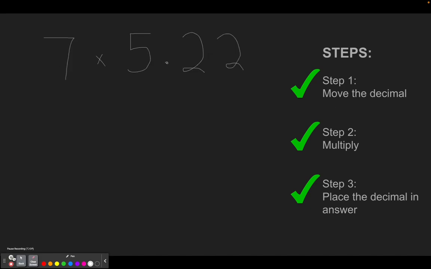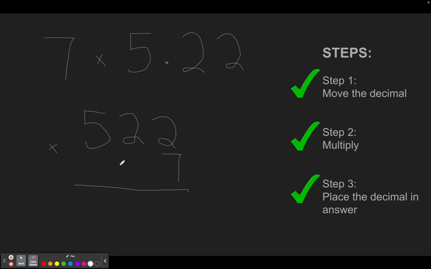All right, we have a second problem here. 7 times 5.22. All right, so first step again is to rewrite that question and remove the decimal. When we're using multiplicative strategies, the best point of call is to put the largest number at the top. It just makes working things out so much easier and it gives us more unification. All right, let's have a look. So we've got no decimal points here,